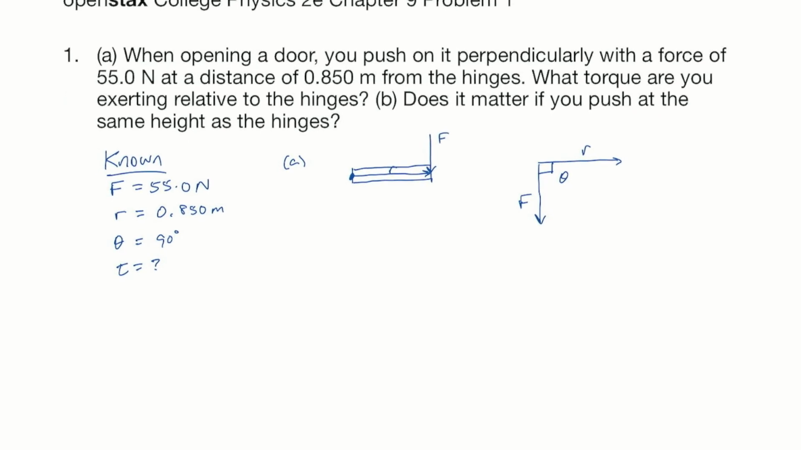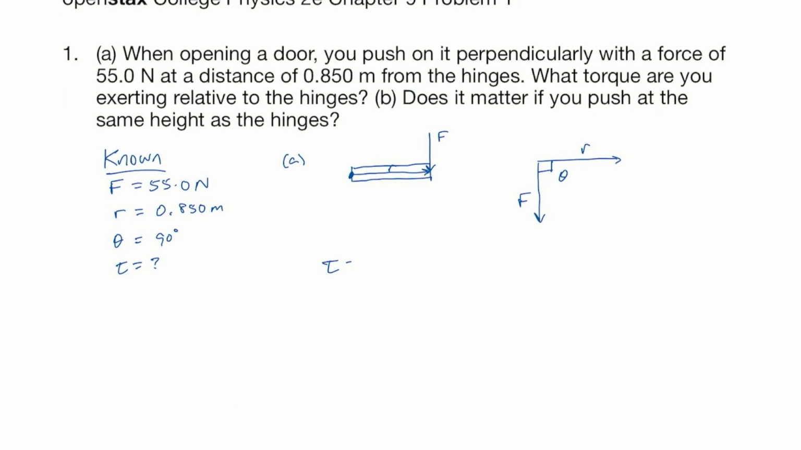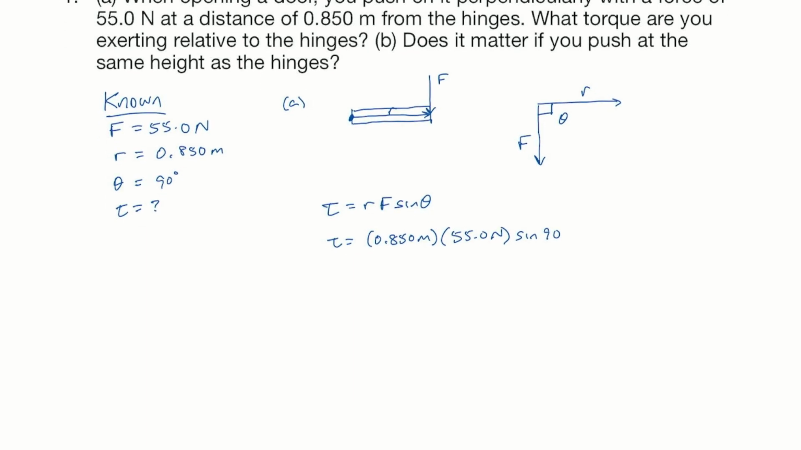All right, the equation for torque is R times F times the sine of theta, where theta is the angle between the vector R and the vector F. In this equation, the R and the F are magnitudes. All right, so the torque is going to be 0.850 meters times the force, 55.0 newtons, times the sine of 90. Okay, this gives a torque of